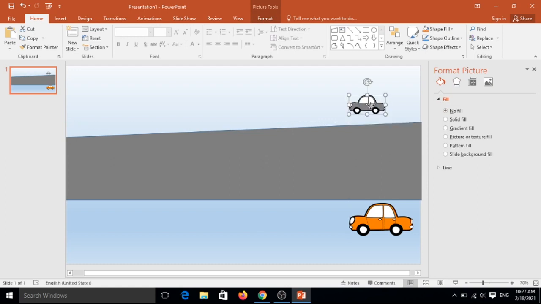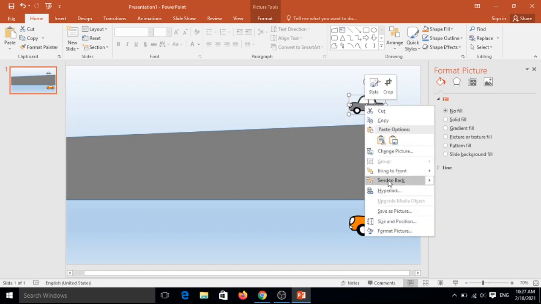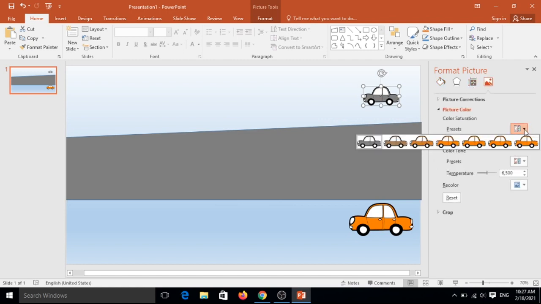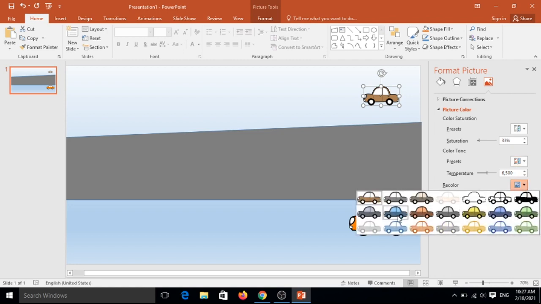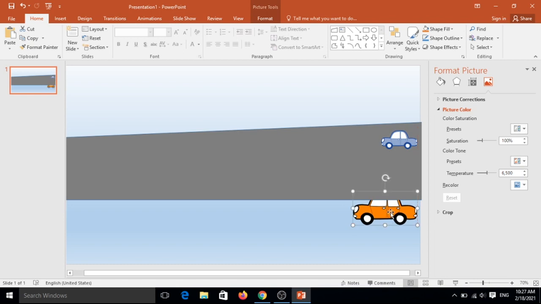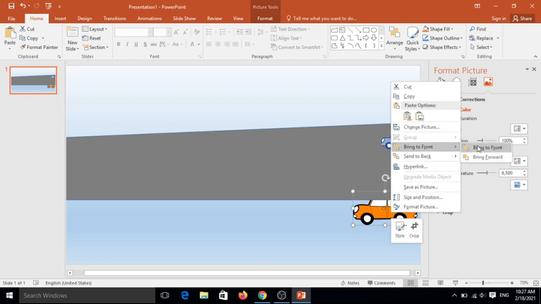It is at the back, so right click and send it to front, bring it to front. Now change the color also. Suppose I have taken this one, which is also at the back side; take it and send it to front.